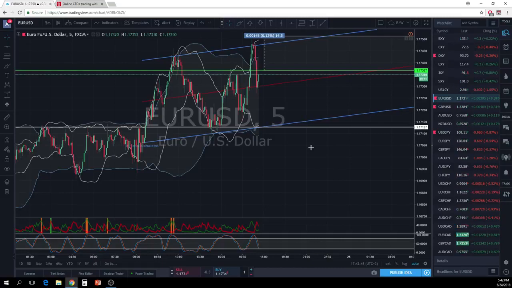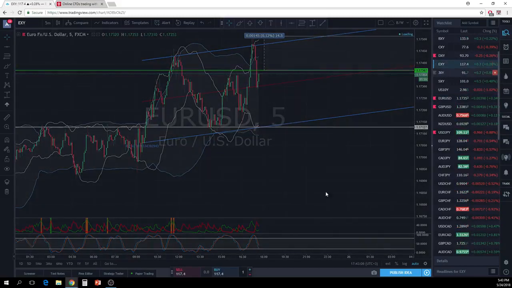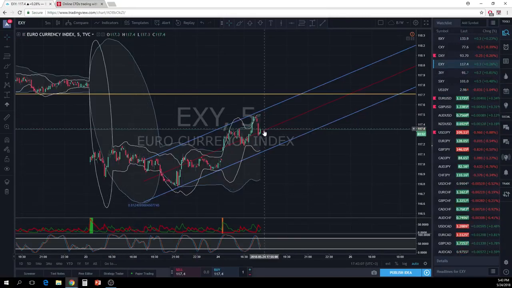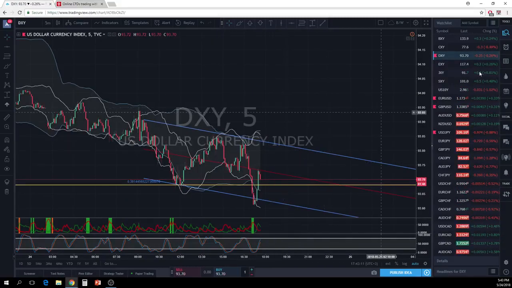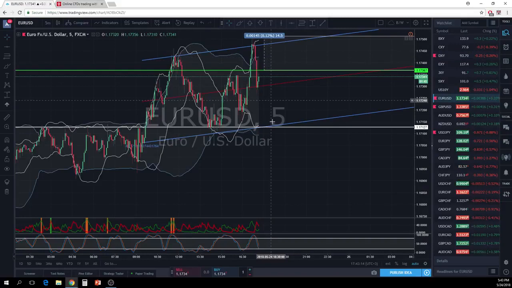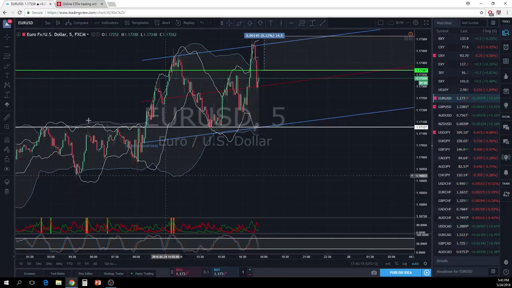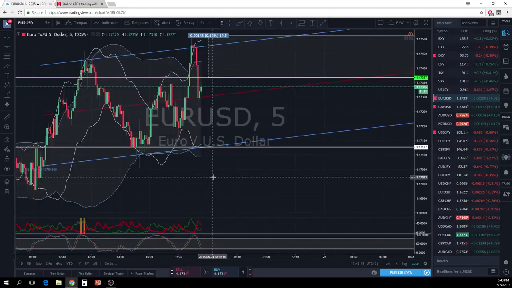All right. I think we can keep that position open based on the fundamental news behind it: existing home sales should be decreasing the US dollar, so obviously the Euro US dollar should be increasing against it. If we take a quick look at the dollar itself, what we saw previously is exactly what happened. And the euro, same thing, should be increasing right now. So dollar decreasing, euro increasing, we should see better movement right here. I would suggest keeping the Euro US dollar open because I think I'm going to be ending this webinar